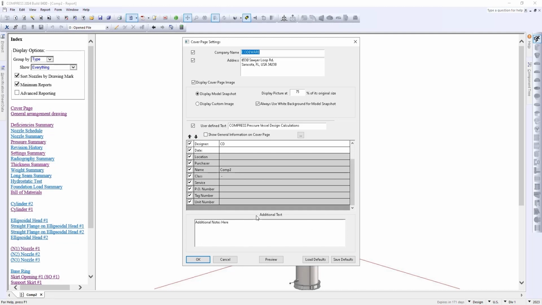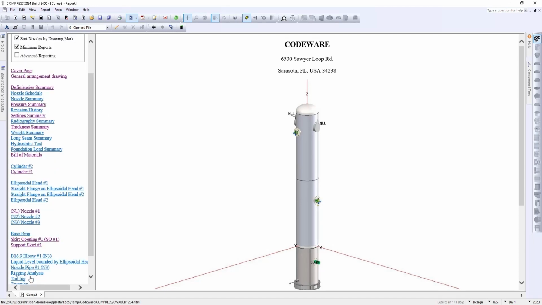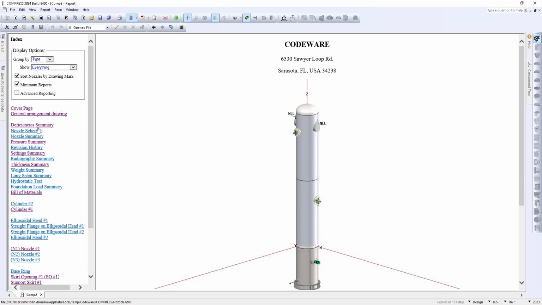Now, if you'd like to save these settings in your defaults, you can click Save Defaults. That way they'll be available the next time you create a report. Now, in order to navigate our report, we're going to want to use the left-hand side of the screen where we have all of the different sections. Now, these sections will include the cover page that we have here, as well as additional summaries and the component